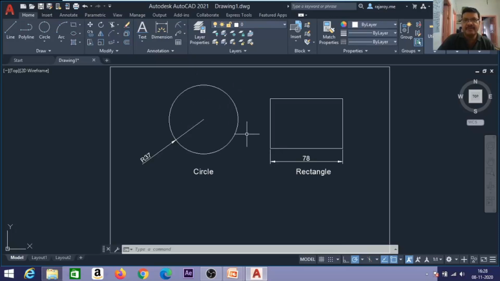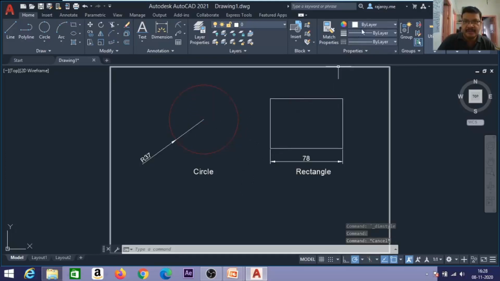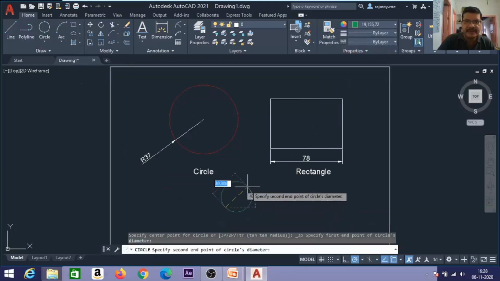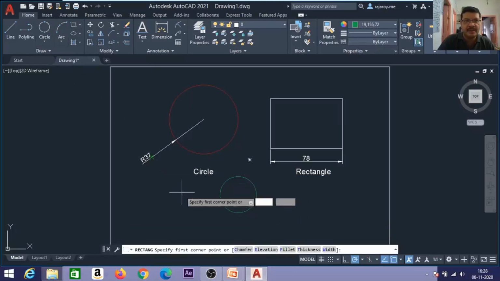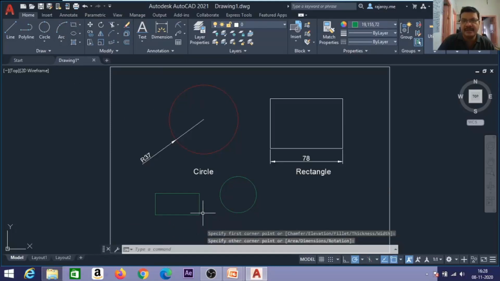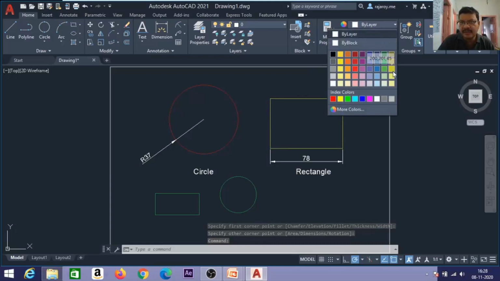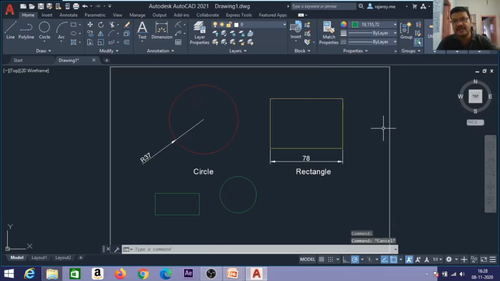Next we will see the important object properties. Now we are using only white color. Suppose I want to change this color to red. I can change that. That is one property of this object. Suppose I have kept green color here. Then whatever object I draw will be in green color. For an already existing object whose color I want to change, select the object, go to color and change the color.